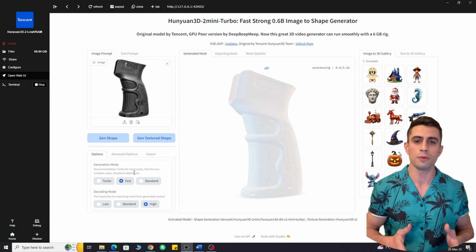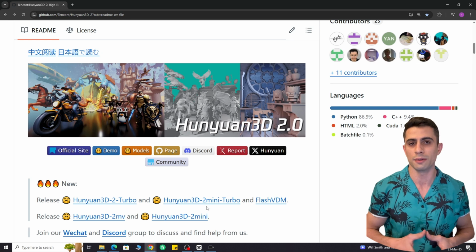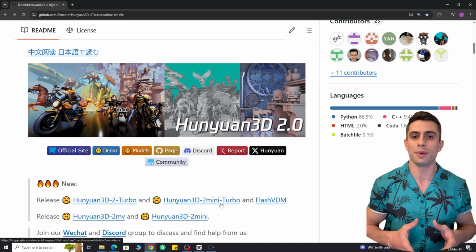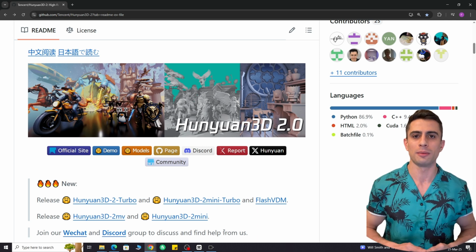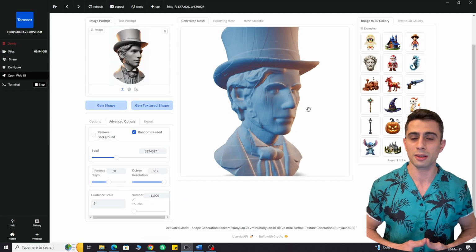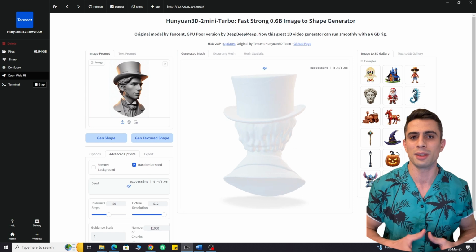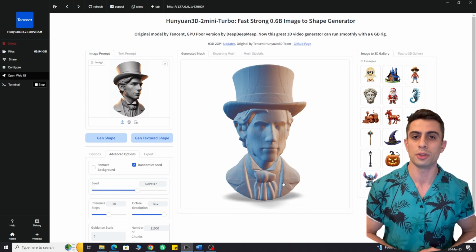Turbo mode has two versions, full and mini. Mini is faster and the more recent version. So which version is better? You might think full is the best, but after my tests, I was genuinely surprised. Let's compare them. I installed and tested both mini and full versions, so you don't have to spend hours doing it. Then I made a few comparisons that I'm going to show you.